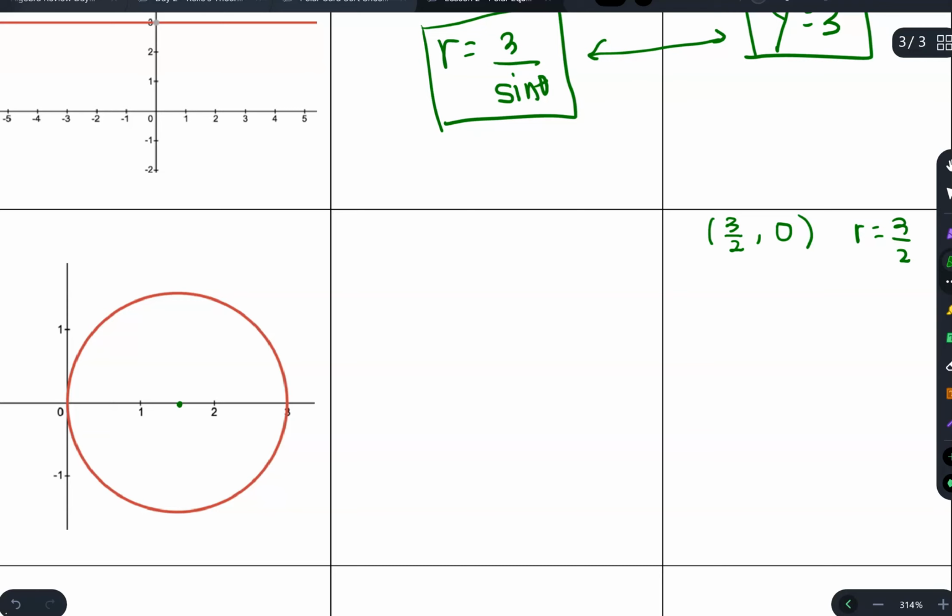So my circle is going to be x minus 3/2, all of that squared, plus y squared is going to be equal to 3/2, all of that squared. So it'll be x minus 3/2, all that squared, plus y squared is equal to 9/4. Well, that's not one of the cards,